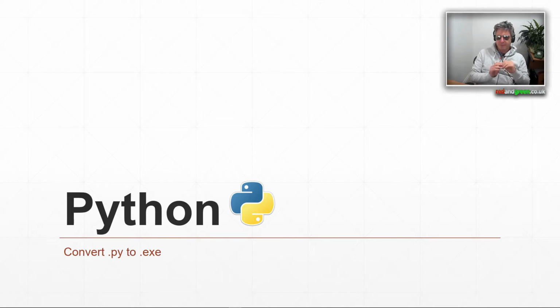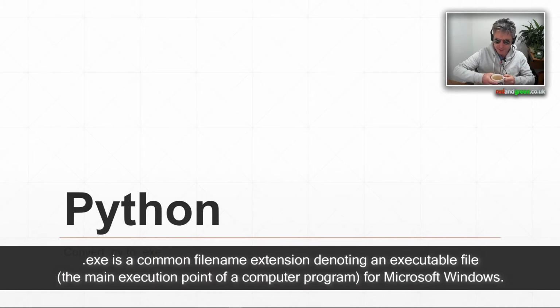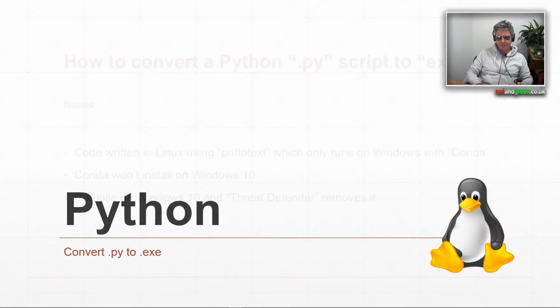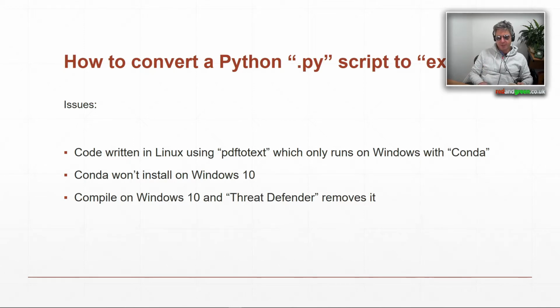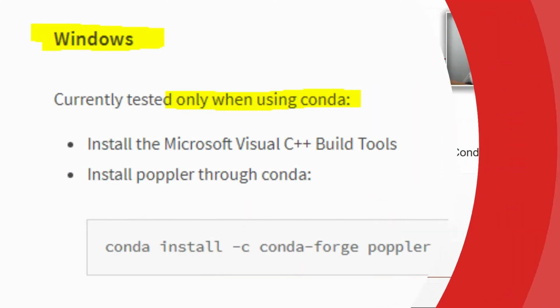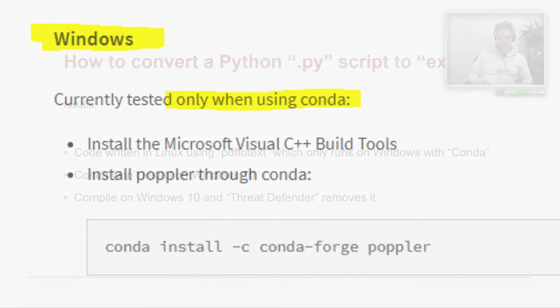So what we want to do is convert the .py file to an exe file. An exe file is an executable for Windows. What if you've written the code in Linux and, for instance, you've got a package which is only made for Linux or Mac OS X and you want to compile that,